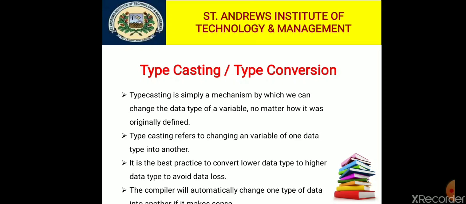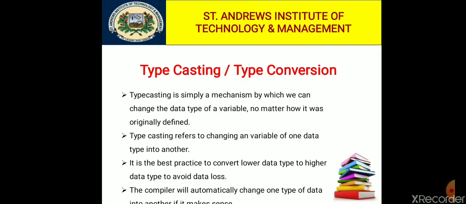because if we take a long value, then we will use the long data type, and if we take an integer value, then we will use the int data type. The compiler will automatically change one data type into another if it makes sense. For instance, if you assign an integer value to a floating point variable, the compiler will convert the int to a float, because int is a lower data type and float is a higher data type.